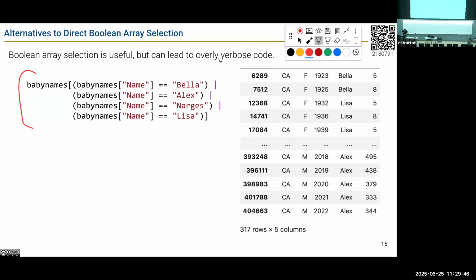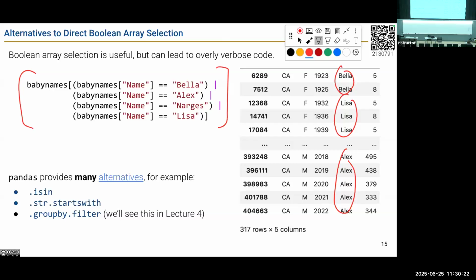To pretty verbose code. So if we look here, notice we're starting to check whether a particular data frame has all of these names, right? We want to grab all of the rows where the name of the kid is Bella, Alex, Nargis, or Lisa. These are people who've taught the class in the past, okay? But even though this works, it's starting to get kind of verbose, and we're repeating ourselves a lot here. This isn't like a great way to write code, right? If we wanted like 10 names, it's starting to get really, really nasty. And we're going to learn lots of different techniques in this class for collapsing what could be really nasty code otherwise. So how can we handle this?